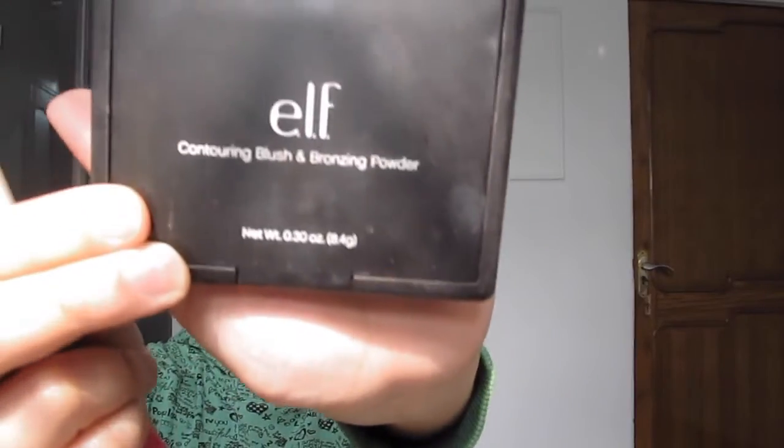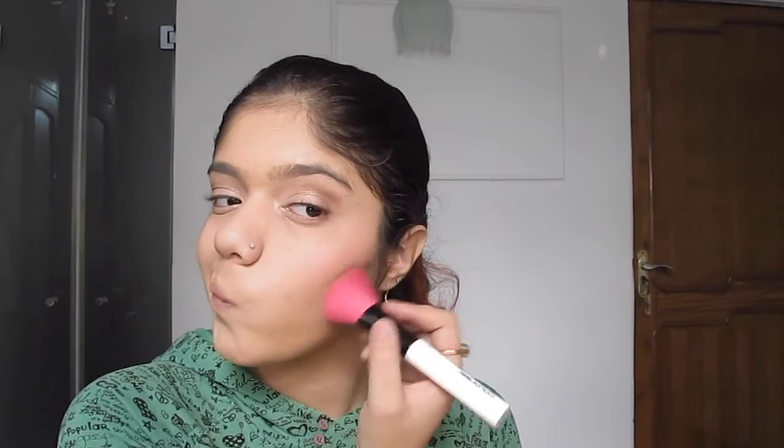And for that, I'm using my E.L.F contouring blush and highlight kit, blush and bronzing kit. I have it in the shade Saint Lucia, and I'm just going in through to this side. This kicks up a lot of powder, so I'm going to take some on my brush. And I think this side is done. Just very, very lightly. This gives you a very natural sort of